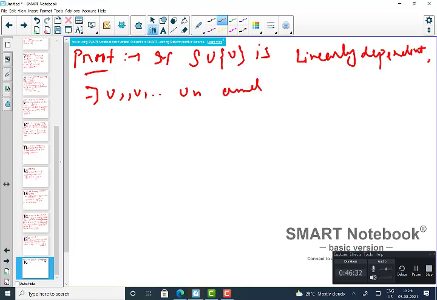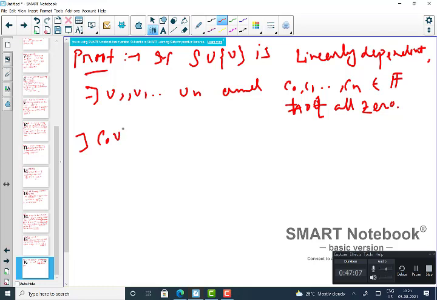And constants C0, C1, up to Cn belonging to F, not all 0 obviously; some may be 0 but not all 0, such that we can write C0 v plus the summation CiVi, i equal to 1 to n, is 0, right? And hence